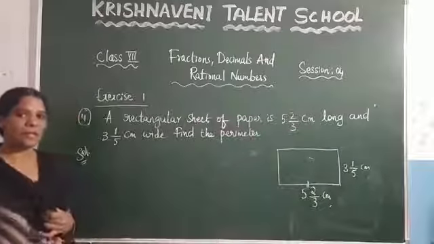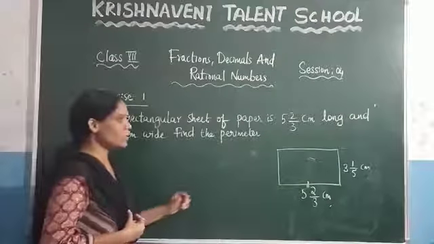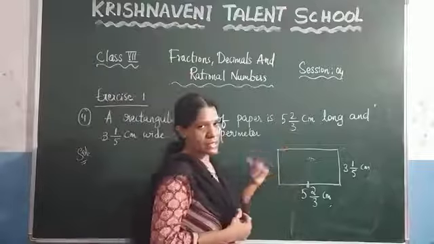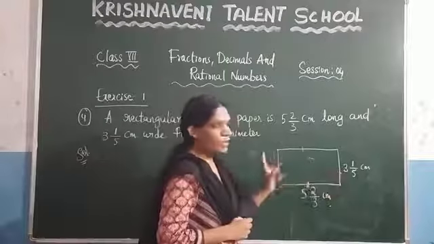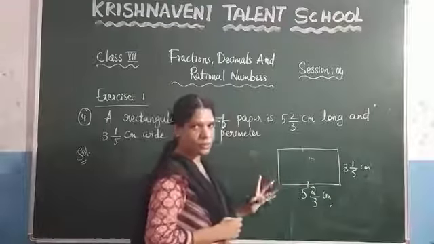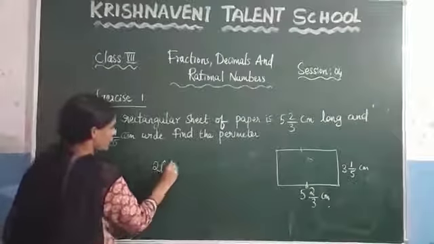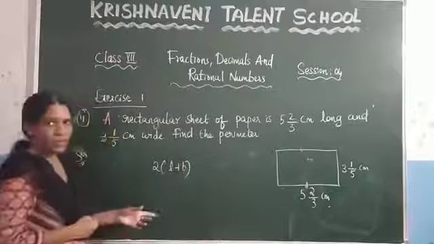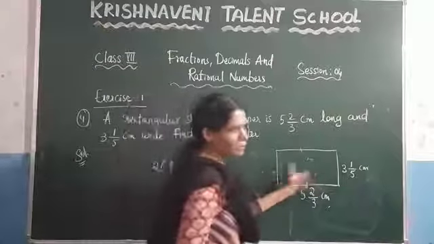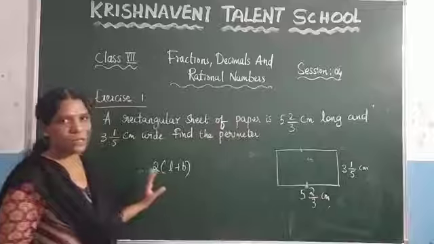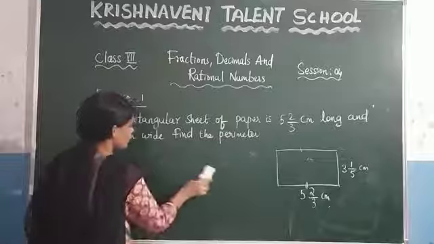What is meant by the perimeter? Perimeter is nothing but the sum of the sides. You know that in a rectangle, opposite sides are equal. If this is 5 2/3, this will also be 5 2/3. And if this is 3 1/5, this must be equal to 3 1/5. The formula for the perimeter of the rectangle is 2 into (L plus B). How did we get this formula? Here L and L, which is 2L. Here B and B, which is 2B. If you take 2 common, you get 2 into (L plus B). Like that we got this formula. What is meant by the perimeter? You just need to take the sum of the sides.